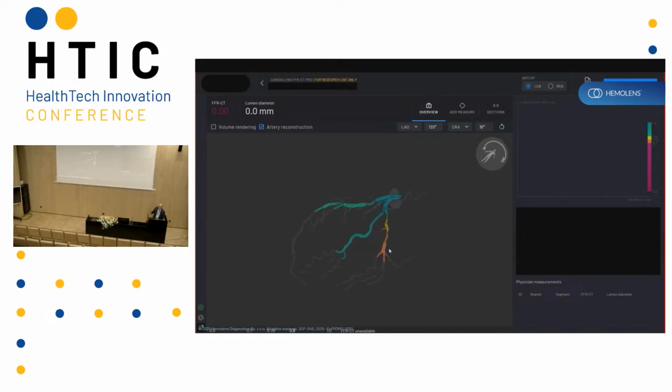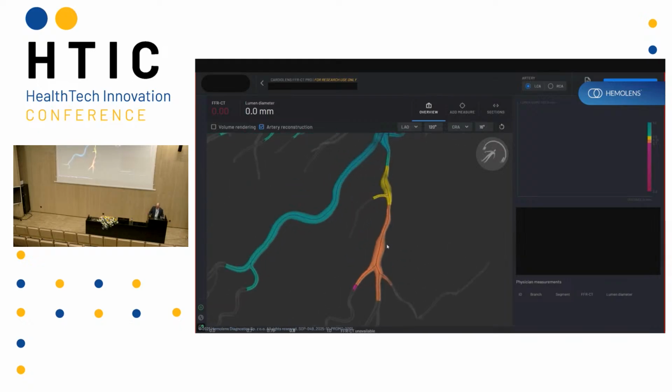Then finally it is displayed, of course, in a screen that is similar to the previous one. Those screens are integrated in one common platform. You can determine the fractional flow reserve in any place, in any point of the coronary tree. That's another advantage, because when you are doing this invasively, you have the point-only value.